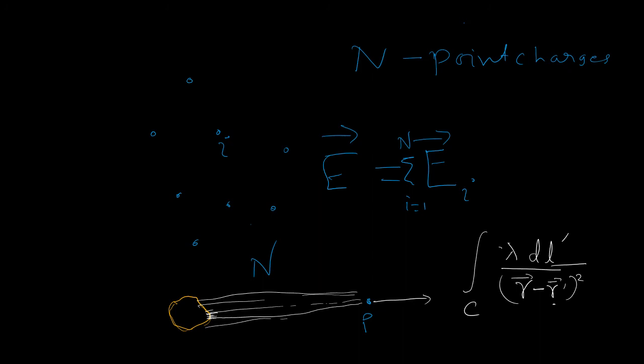This gives the total electric field at that point P. Therefore, line charge means integration, and this is over a line, therefore it is called line integral. Similarly,